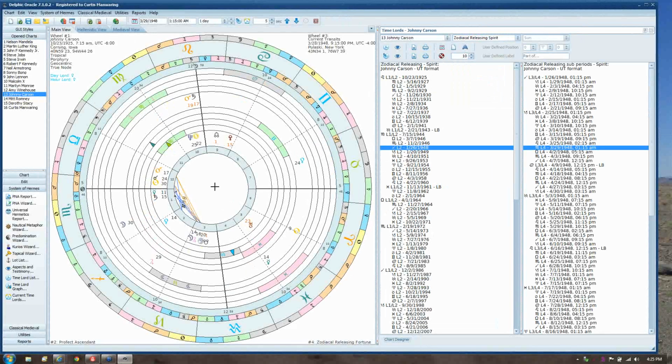Now what's going on with these time wheels is that you start out with the innermost wheel, and they look like curved music scores here. And you can hover over and see what it is. Like I've got perfections of the ascendant set up. And these arrows here are basically the